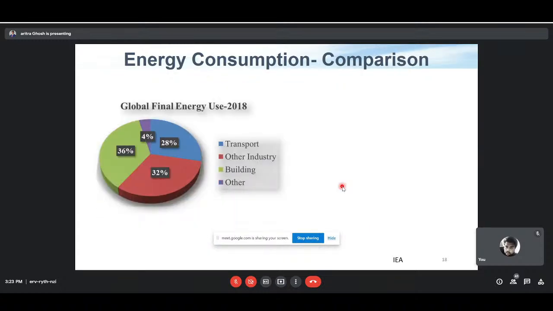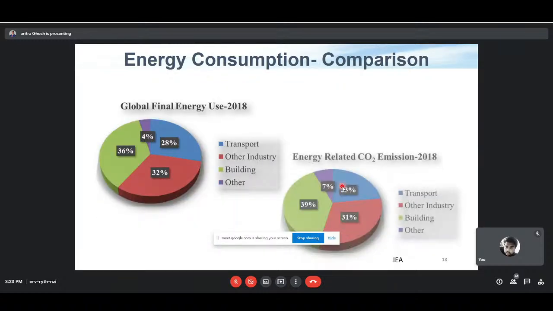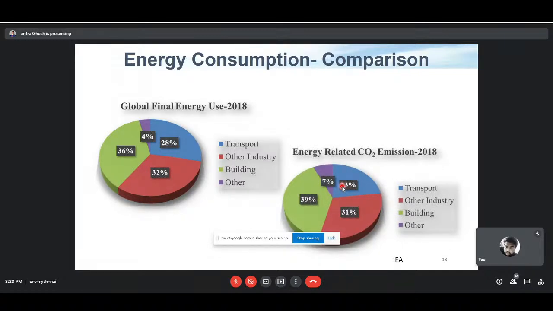So where does the main energy consumption happen globally right now? This is a picture from the IEA. They are saying that the building sector, transport sector, and industry are the three main energy consumption sectors. And you can see that 36% of global energy consumption is from buildings, whereas the energy-related CO2 emission is 39% from